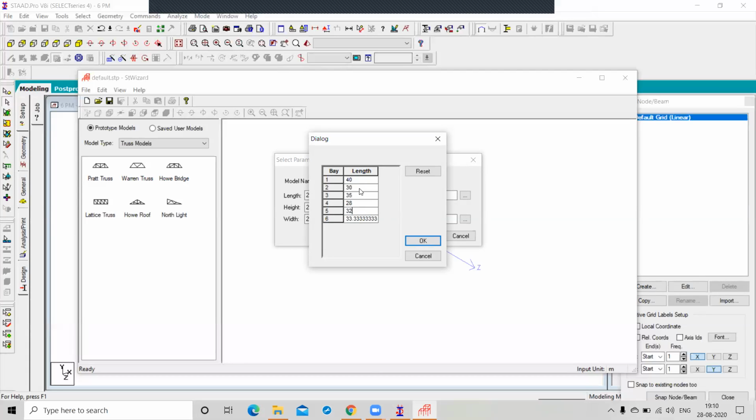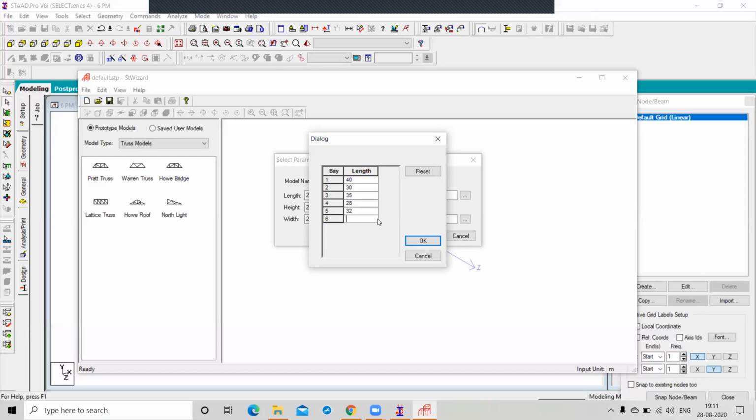40 plus 30 is 70. 70 plus 35, 105. 105 plus 28, 133, right? Yeah. And plus 32, 165. How much remaining? 35.